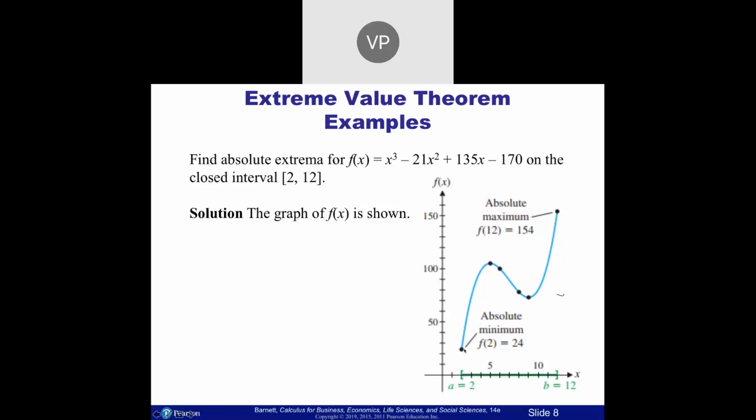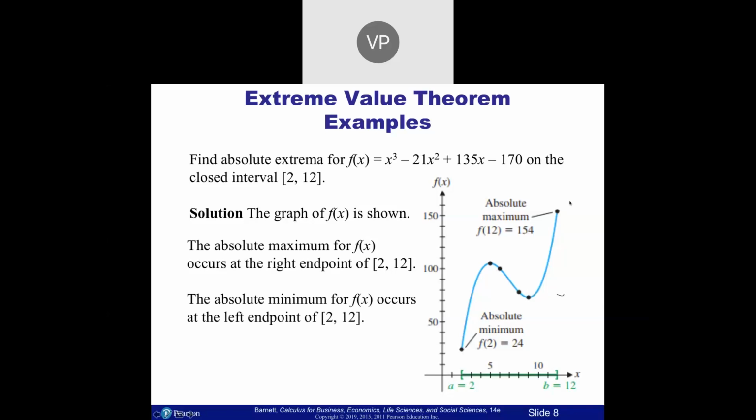Let's take the y value at 2. So remember how we're getting these. We plug 2 into the function. We get a 24. Then the other end, 12. Plug 12 into the function. We get 154. We want to see what's the highest of all of those, and that's your absolute maximum. And then you do the same thing for the minimum. Let's find all the local minimums that occur between 2 and 12. Let's check that y value, compare it to the endpoints, and see whatever the lowest is,